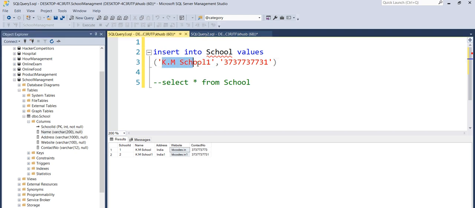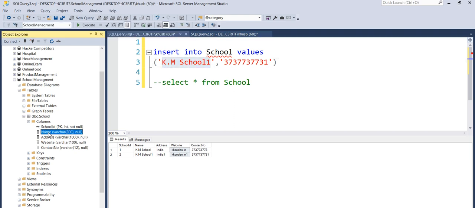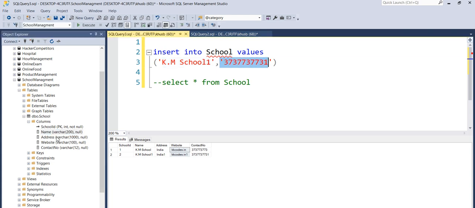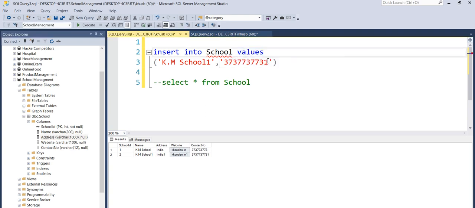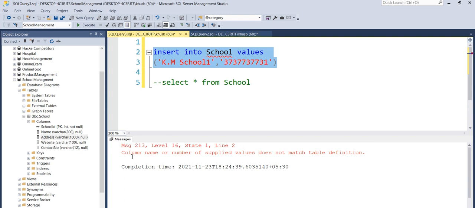So KM Memorial is going to be inserted into this name column, and this contact number is going to be inserted into the address column because we have not specified the columns here. Let's just simply run this. Okay, so what does it say, column name or number of supplied values doesn't match table definition.